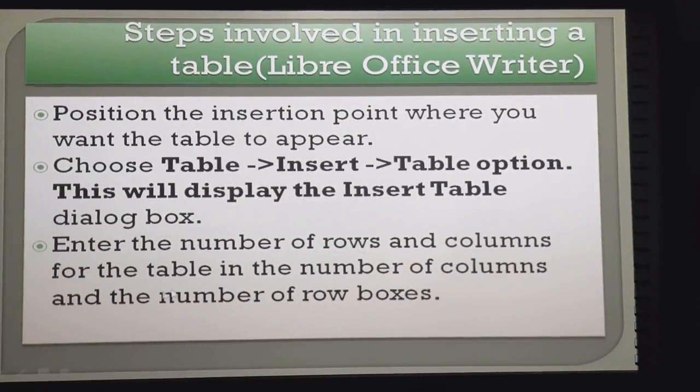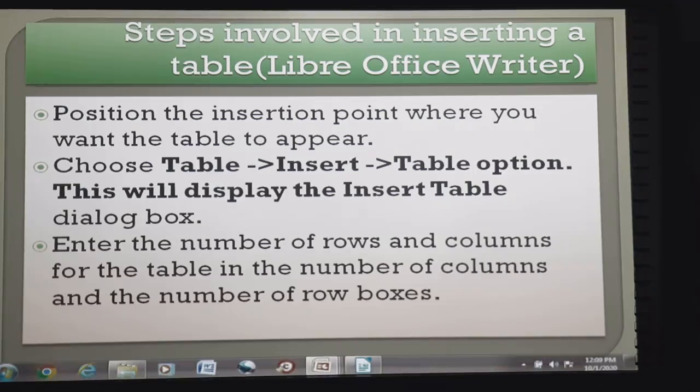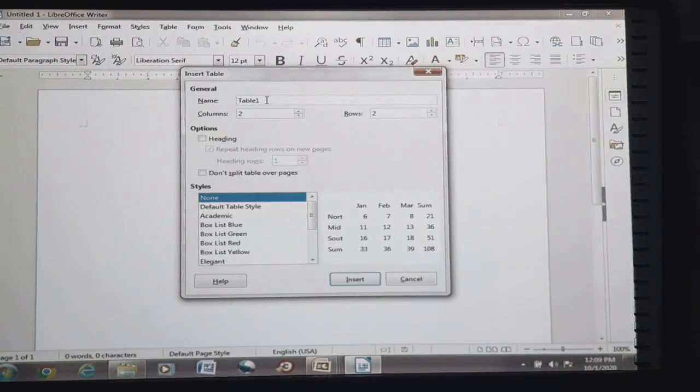Enter the number of rows and columns for the table in the number of columns and number of rows boxes. Now, suppose we need 5 rows and 5 columns, then we need to choose that option in the Insert Table dialog box. Here, see, options are there. Name of table, you can name anything. Say